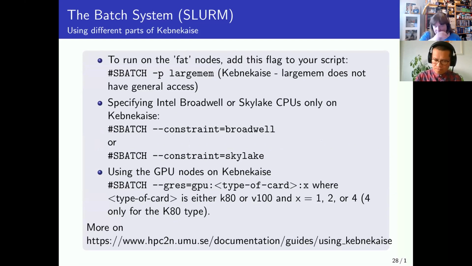Then how do you run on the large memory nodes or the fat nodes? If you have access to that, which we don't in this project, but if you had applied for it, you would use the #SBATCH -p largemem. And it's also possible to say that you want to run only on the Broadwells or only on the Skylake